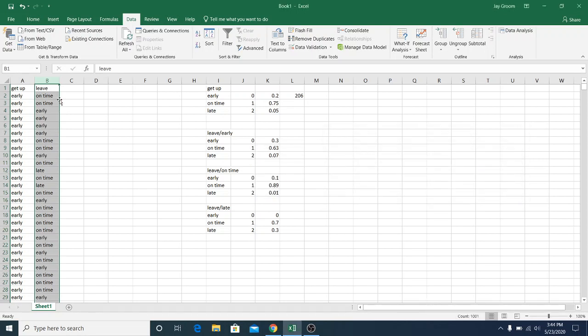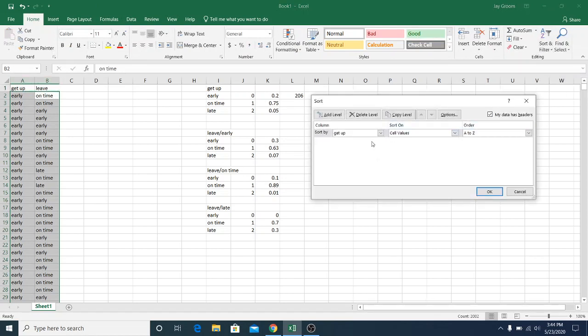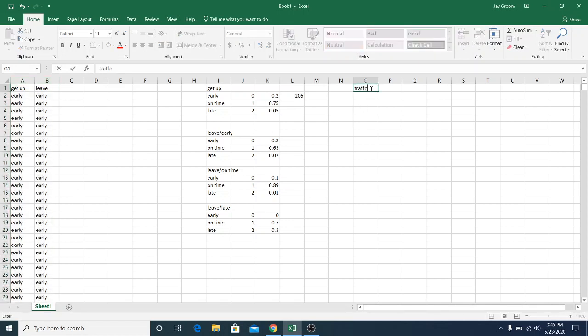Nice. Okay, now this is the part we get to pay attention. We got to highlight both columns. We're going to go to custom sort again. This time we're going to filter by leave, and then I like to add get up. It's not 100% necessary, but I like it. So there you go. So then I need to have traffic, given leave. So given that I left early, on time, or late, what's traffic going to be like? Light, medium,